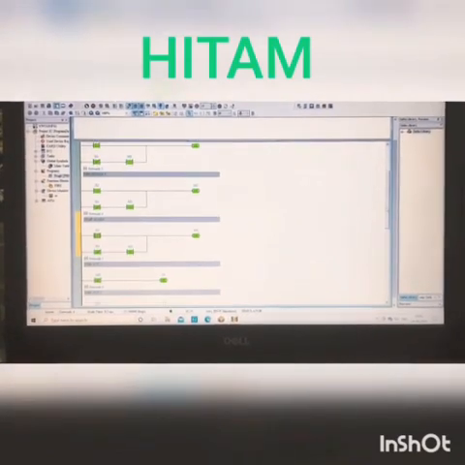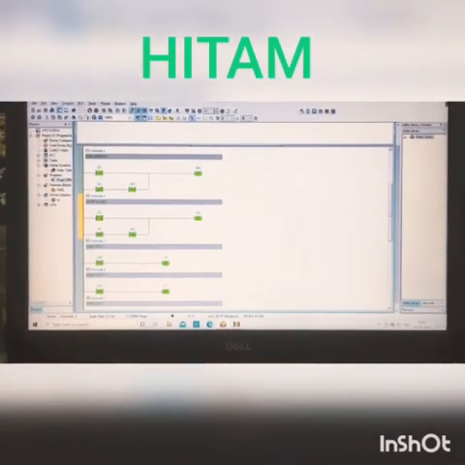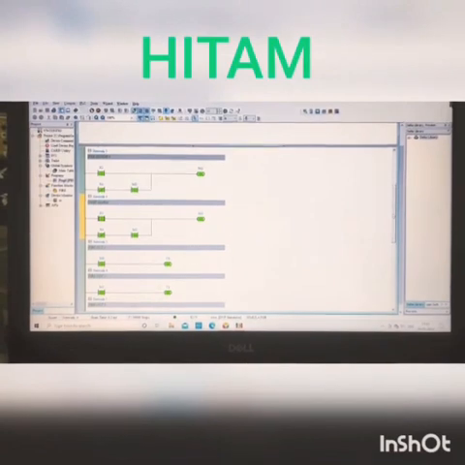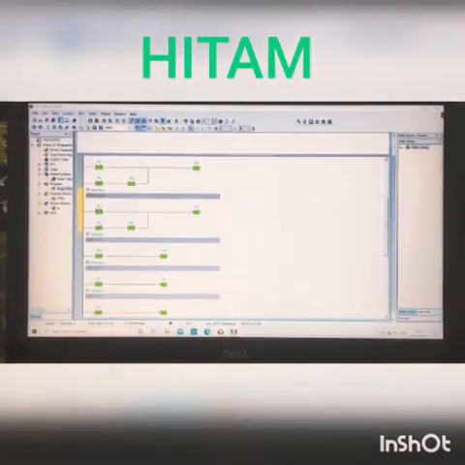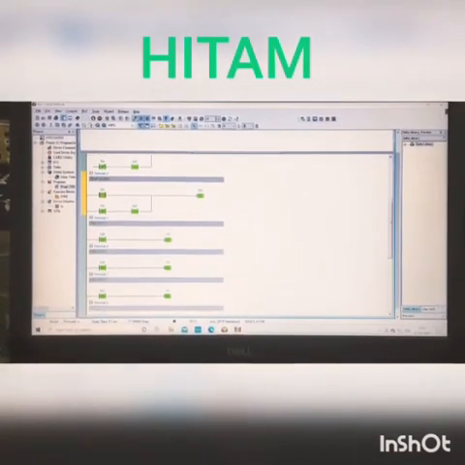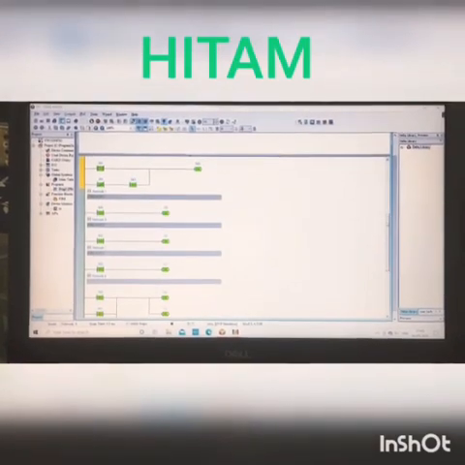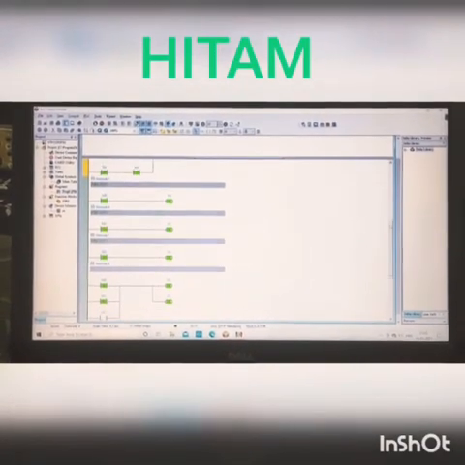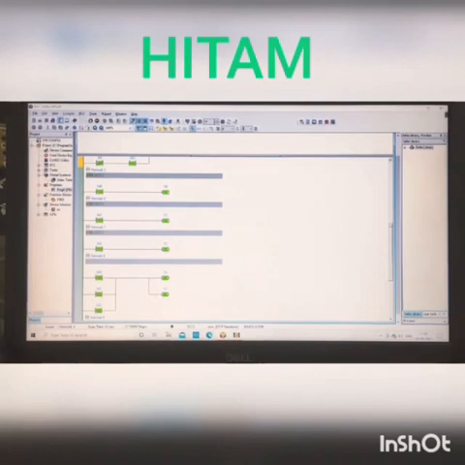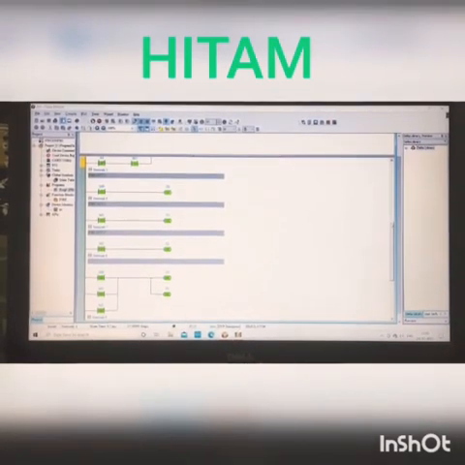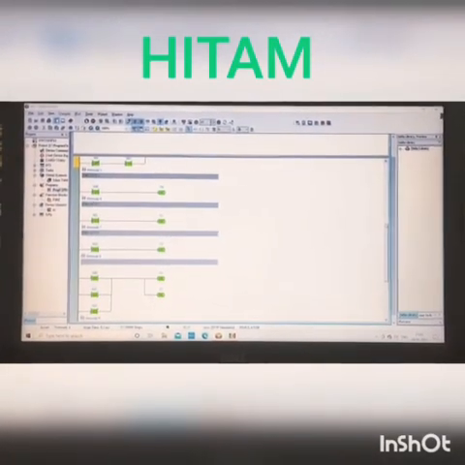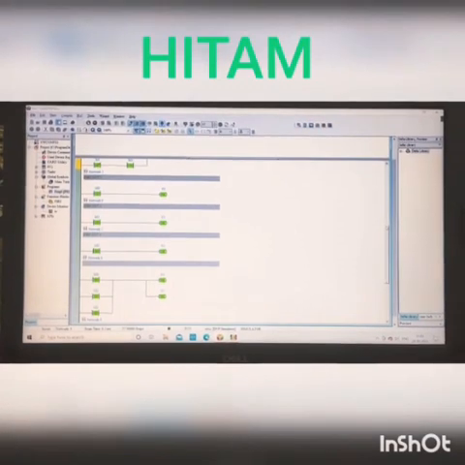And coming to the output also, M1 indicates the address of fire detector sensor 2, and M2 indicates the address of fire detector sensor 3. You can see here the output is also in activation state, Y1 and Y2. Y1 is of fire detector sensor 2 and Y2 is of fire detector sensor 3.